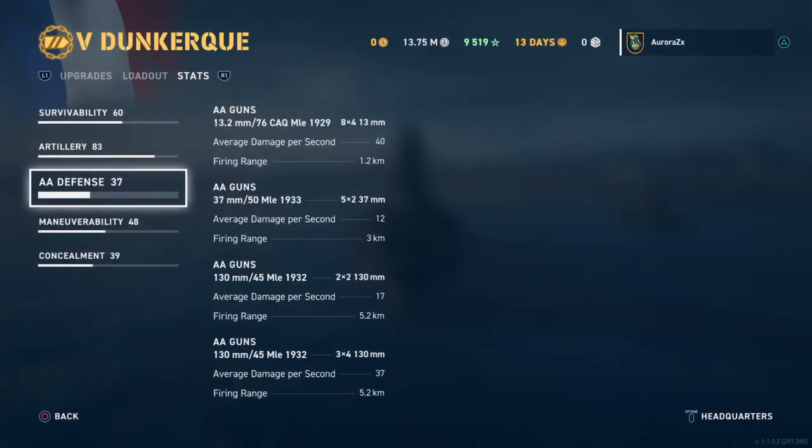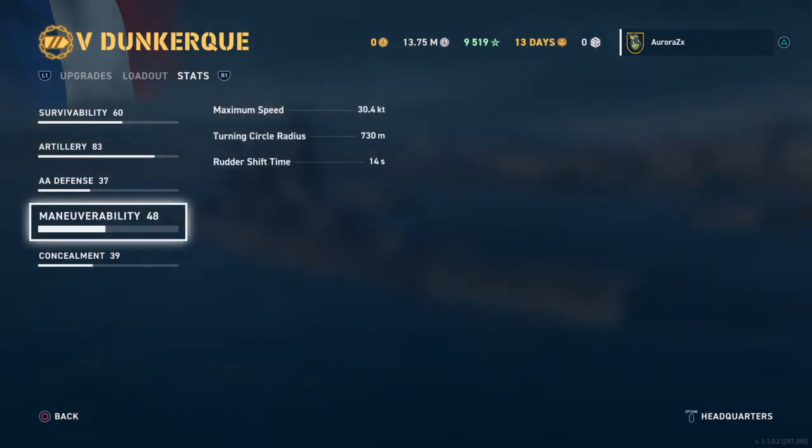AA defense, kind of mediocre at this point. It doesn't really matter. I'll say that every time until we get carriers, which are a long time away. Maneuverability. I got my speed up to 30.4. Turning circle is 730. That's wide. That's a lot of turning circle. Okay. Now that rudder shift of 14 seconds, you will feel it when you originally start your turn. However, once you're turning, that rudder is very, very large, I want to say, underneath the water, to where you can, once you're turning,